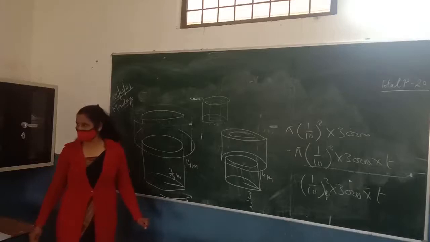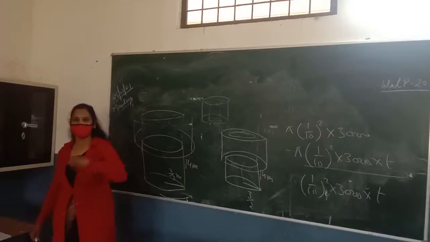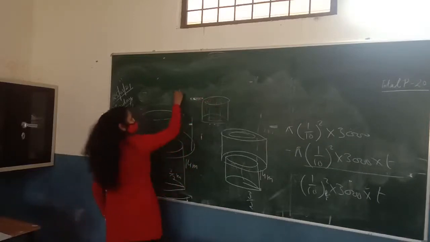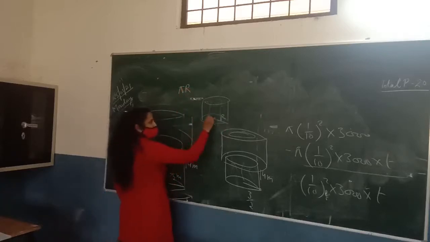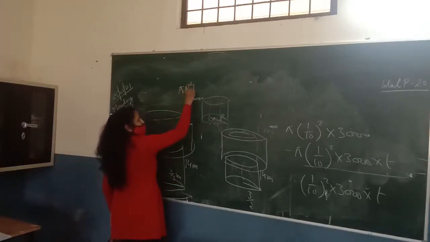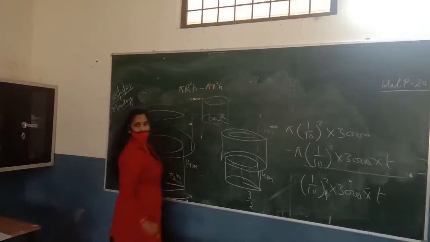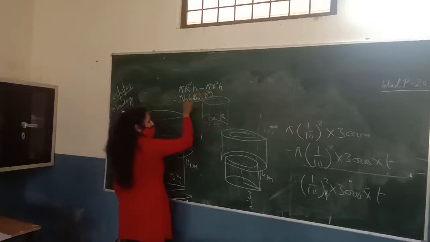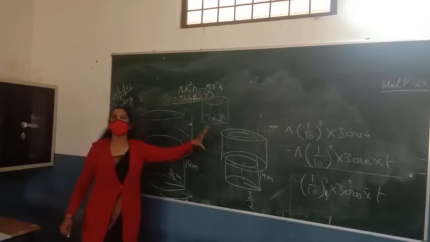Volume of cylinder minus volume of the inner cylinder. This is the inner portion which we hollow out. So this hollow cylinder will have the volume of the outer cylinder. Suppose the outer radius is capital R and the smaller cylinder has the radius of small r. So the volume of the outer cylinder minus the volume of the inner cylinder which we hollowed out. So we can take pi h as common. So this is simply the formula of the volume of the hollow cylinder. So this embankment is in the shape of a hollow cylinder.